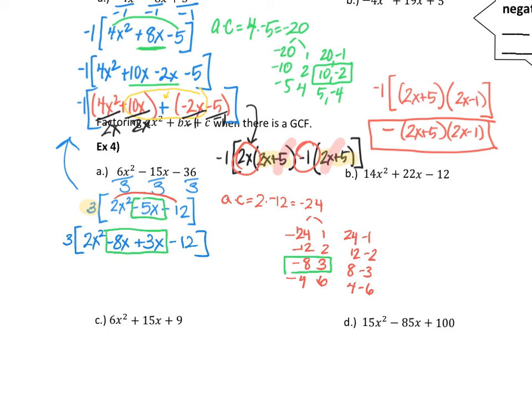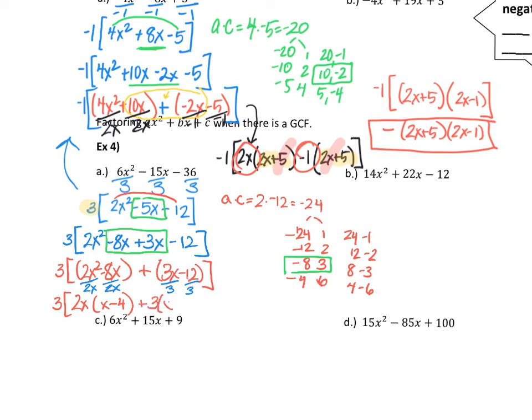So then I'm going to do my groups. So 3 on the outside. I have 2x squared minus 8x plus 3x minus 12. So I'm going to take a look at GCFs, 2x and 2x here, and 3 and 3. So this will now be 3, and then I have 2x times x minus 4 plus 3 times x minus 4. So that's good. They both have the x minus 4, so that when I pull out that GCF,